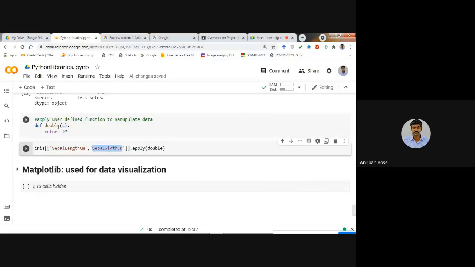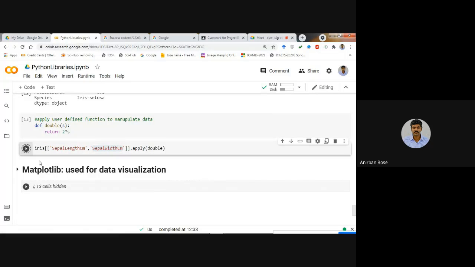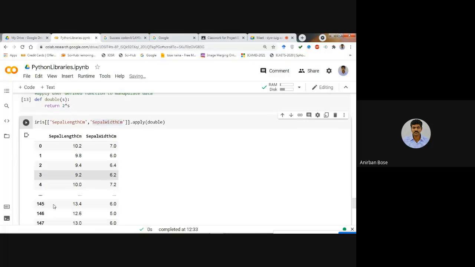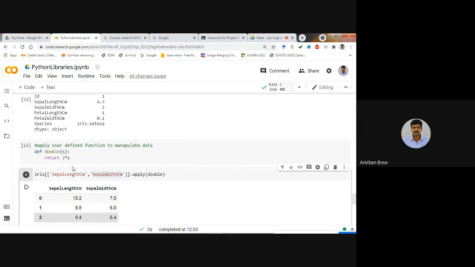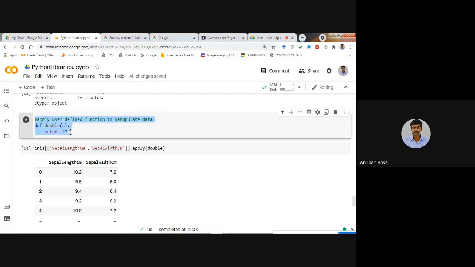Double is the function that you have already defined. So first execute that function, and after that, if you do that, you will find that these two column name corresponding to that the values are doubled. Okay, so in this way you can manipulate the column values. So this is also a very important one.